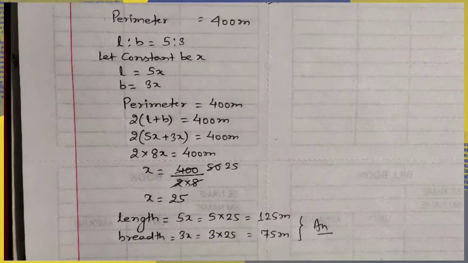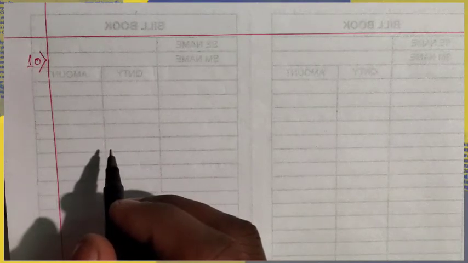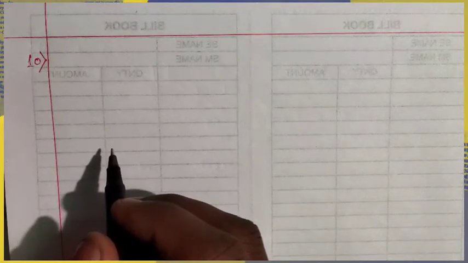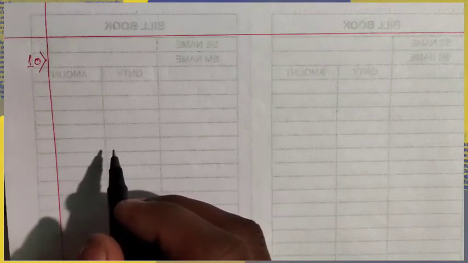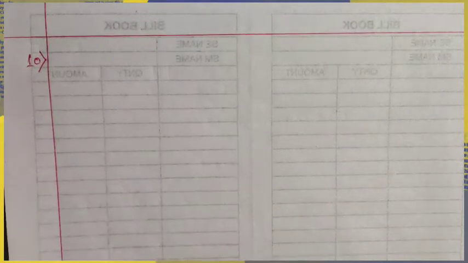Now next we are going to solve question number 10. 8 and 9 you have to solve by your own, as it has been discussed in the live classes also. Question number 10 is saying the cost of fencing a square field at the rate of 75 per meter. Question is saying that a square field is there and the cost of fencing it at the rate 75 per meter, the cost of putting 1 meter of boundary is 75 rupees, and the total cost is 67,500. Then the question says find the perimeter and side of the square field.